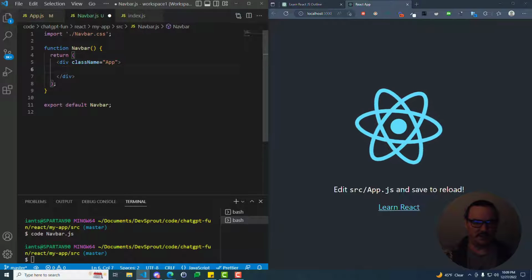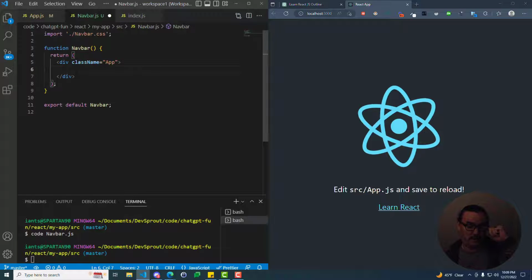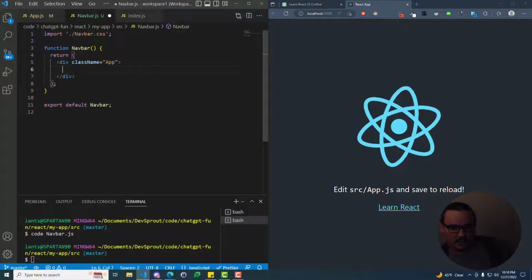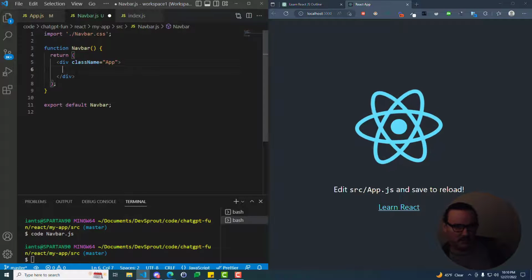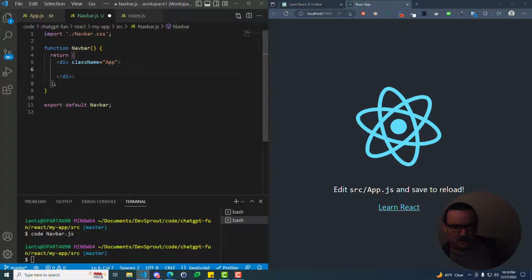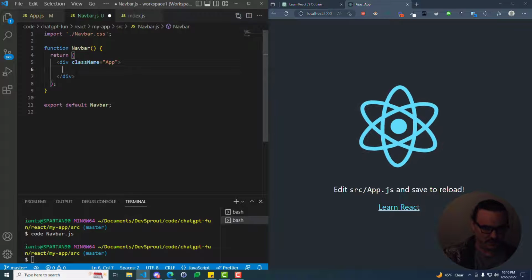And basically from here, this is where we can code in whatever we want. And so technically we could bring in Bootstrap. I'm not going to complicate things right out of the gate. I just want to put some simple HTML in here and just see what happens. So let's go ahead and do